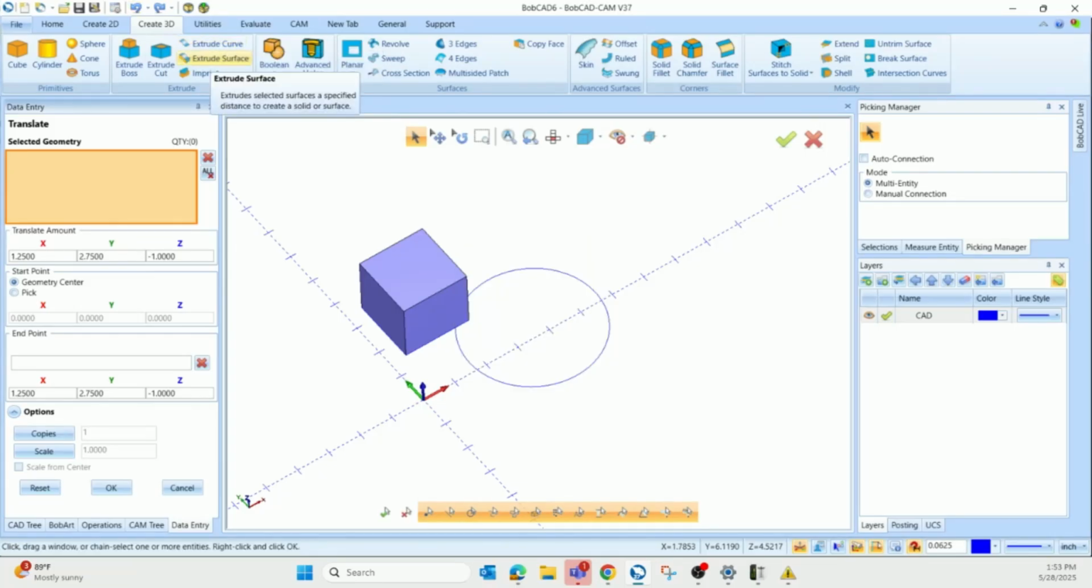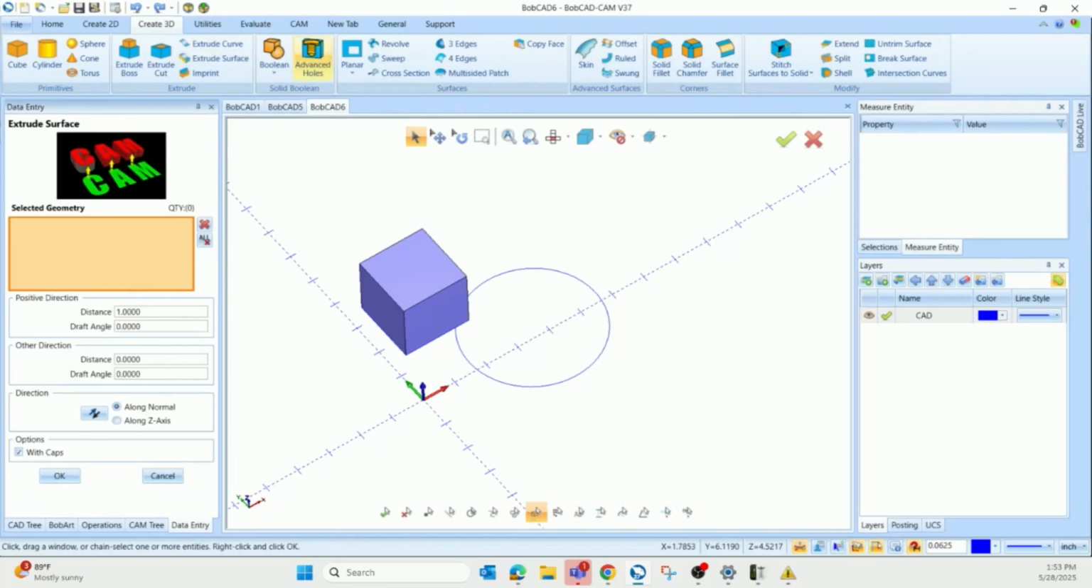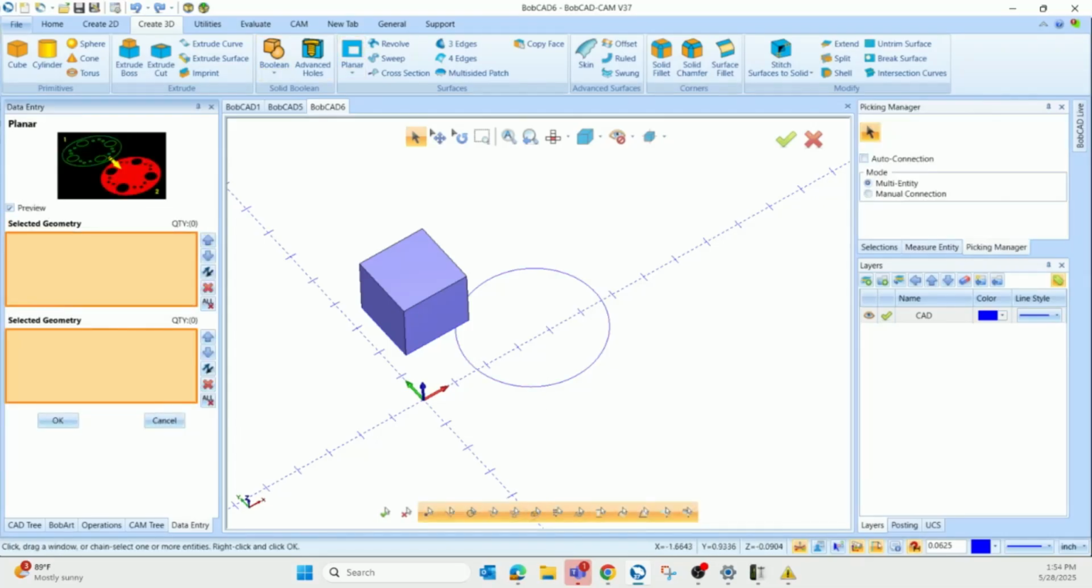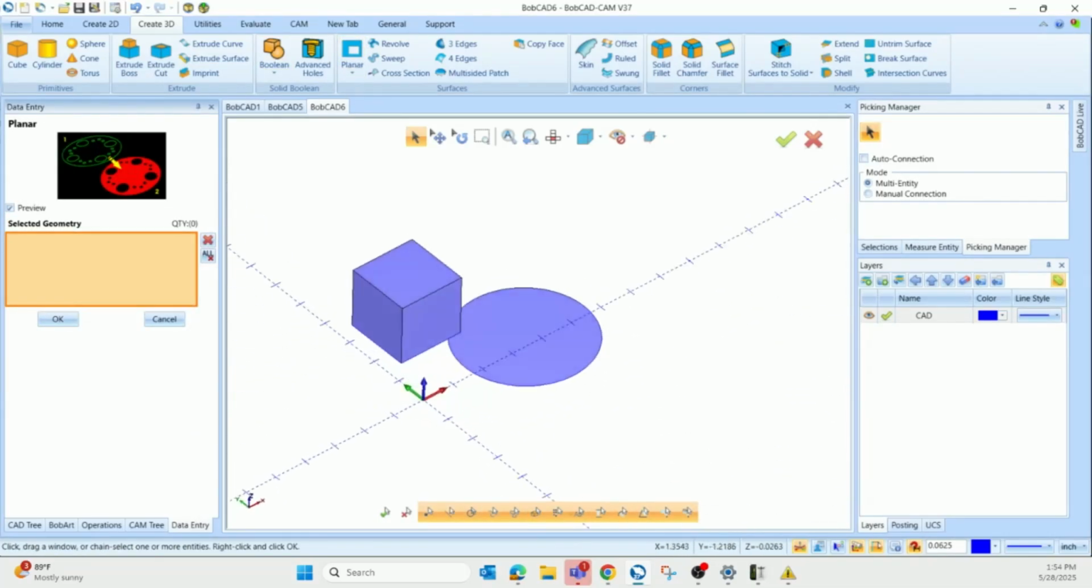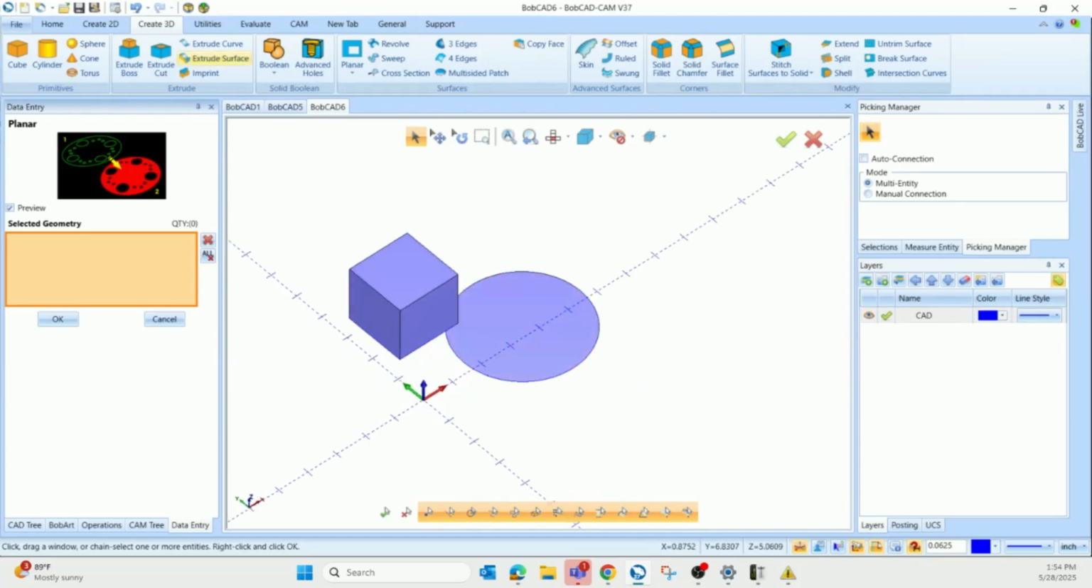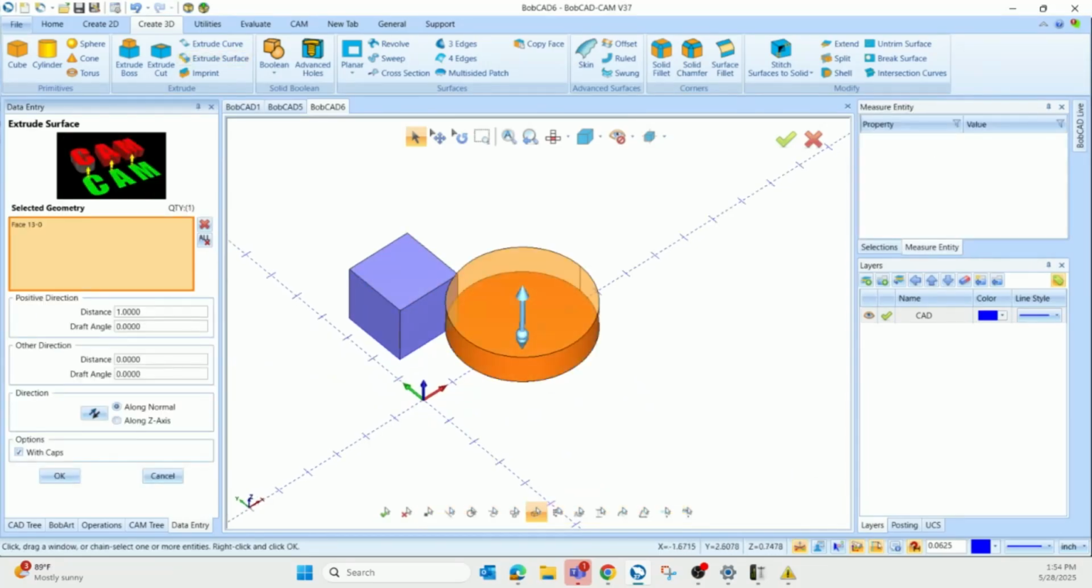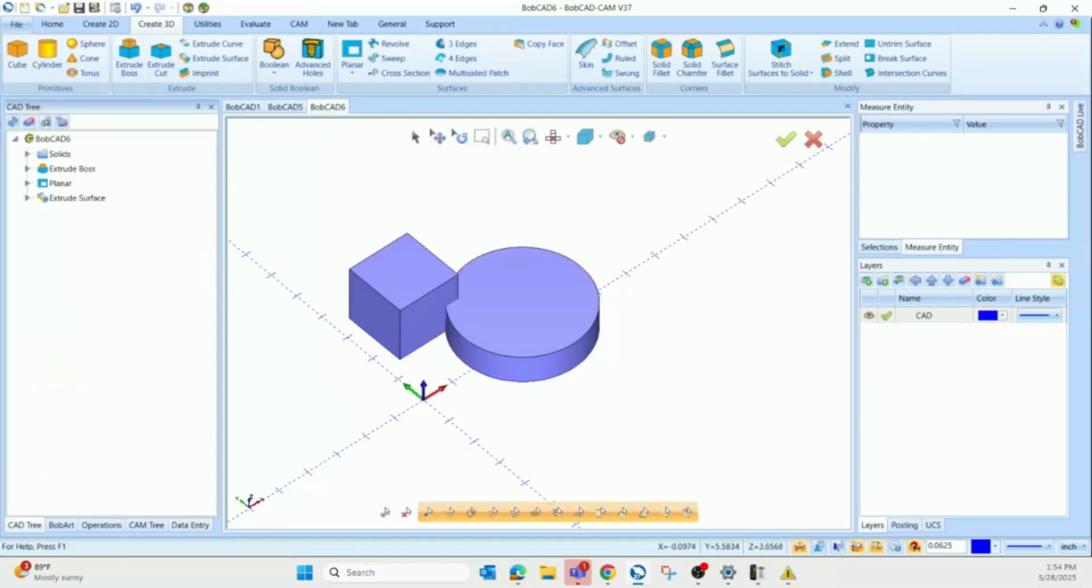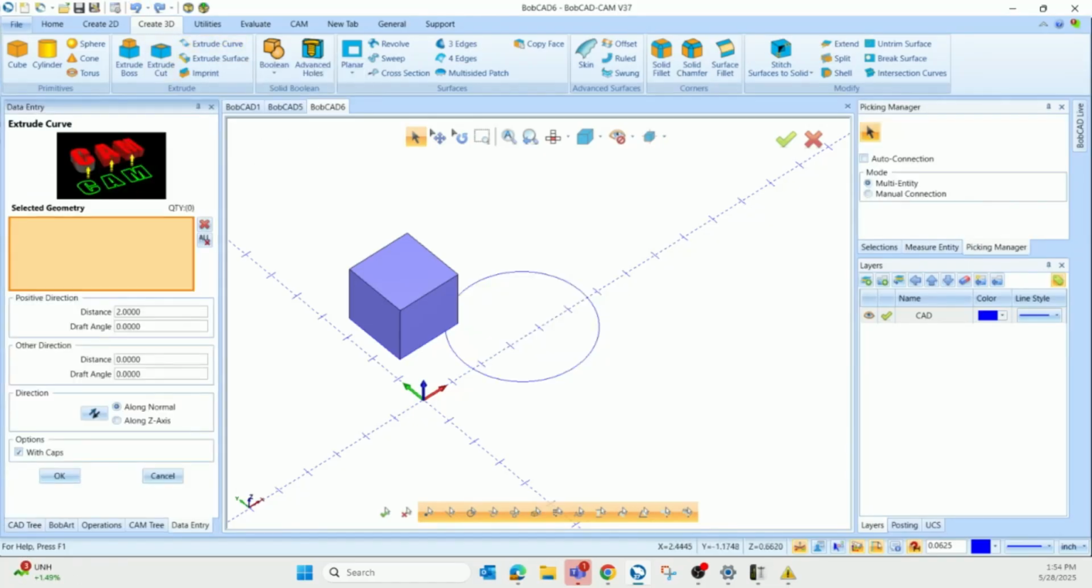Next one, extrude surface. I almost never use this one, but let's say you've got a surface like this flat surface right here of the cylindrical shape. We go to extrude surface, and you could extrude it into a solid with your extrude surface function. And it looks like the extrude surface also keeps them separate. Extrude boss just sort of saves you an extra step with the extrude curve, because when you go into extrude curve